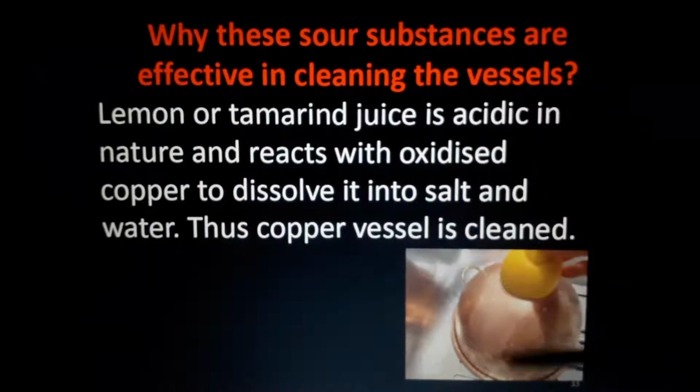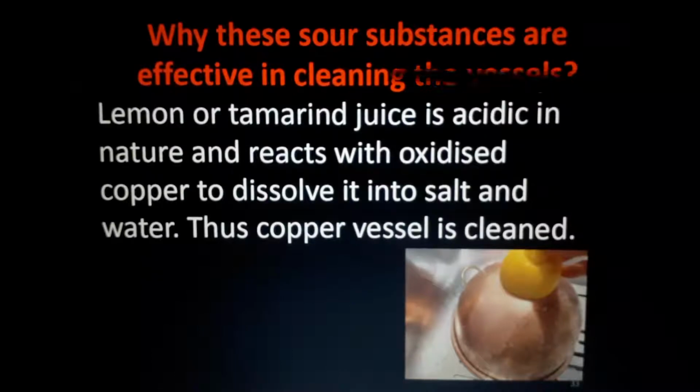And after we clean this vessel, it is again like new. Not new, but very glowy or shiny. Understand? That metallic luster will come. What is that metallic luster? We will study it in the next chapter. Ductility, malleability, and luster of these metals we will study in the next chapter of chemistry, not biology, in chemistry. Because lemon contains citric acid and tamarind contains tartaric acid.